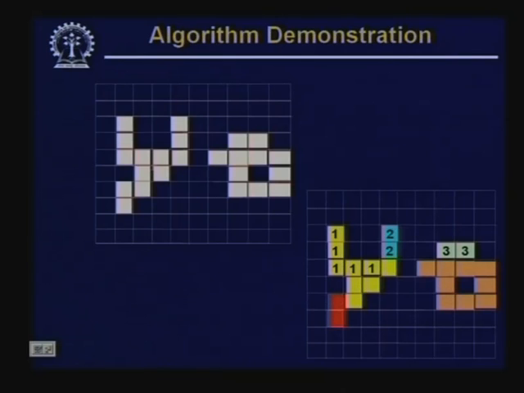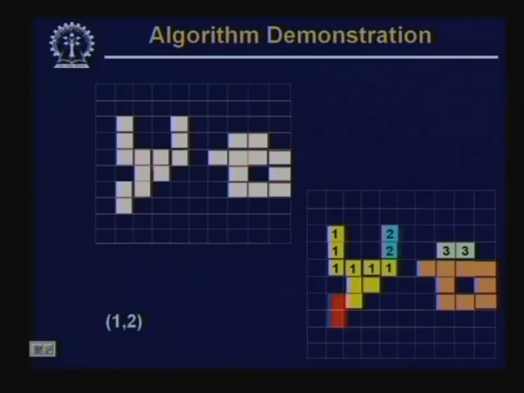When I go to the next point, the point above it had a level equal to 2, and the point to the left of it had a level equal to 1. So, in this case we have given level 1 to this point, but once I have given level 1 to this point, I find that 1 and 2 are equivalent. So, after labeling this point with level 1, I have to set that 1 and 2 are equivalent, and that has to be noted. So, I note that 1 and 2 are equivalent. You continue further, the next point gets level equal to 4,